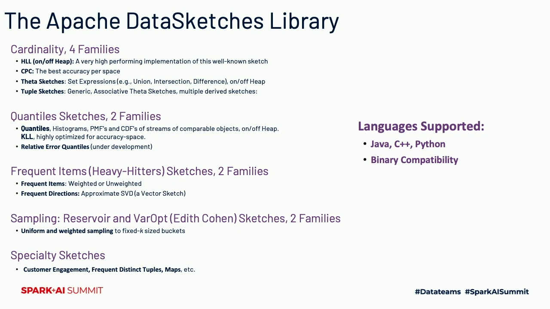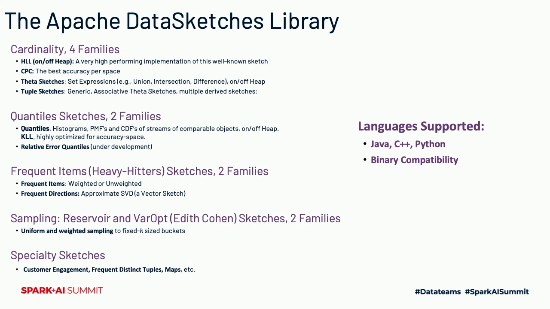And in the cardinality area, which is counting the number of uniques or distincts in your data, we have the well-known HyperLogLog HLL sketch of Flajolet and Martin, as well as what we call a CPC sketch, which is really a much more recent sketch that was developed by our team